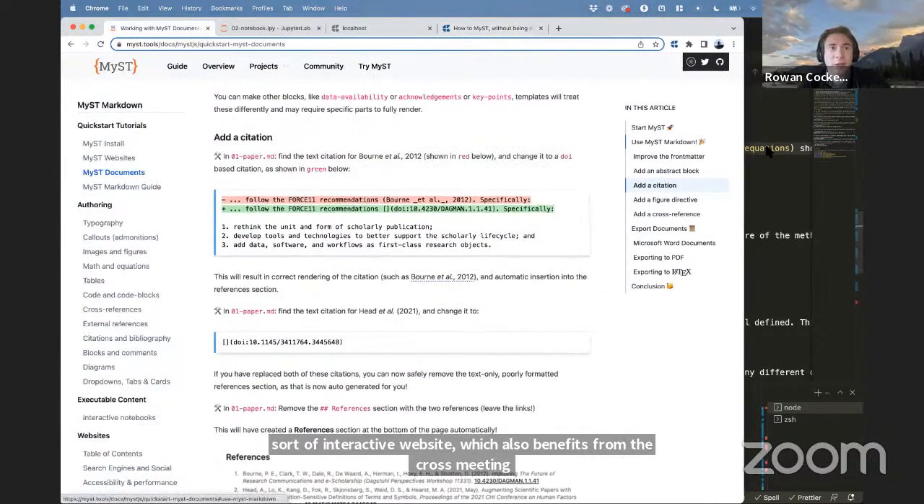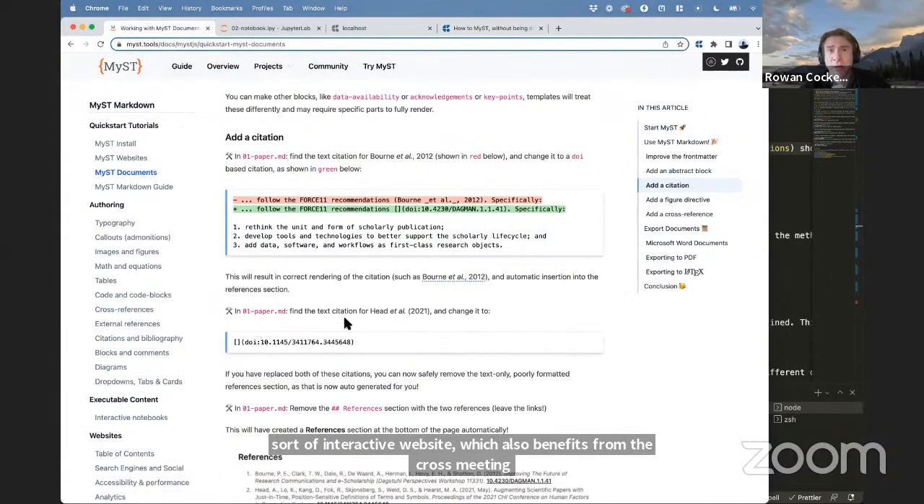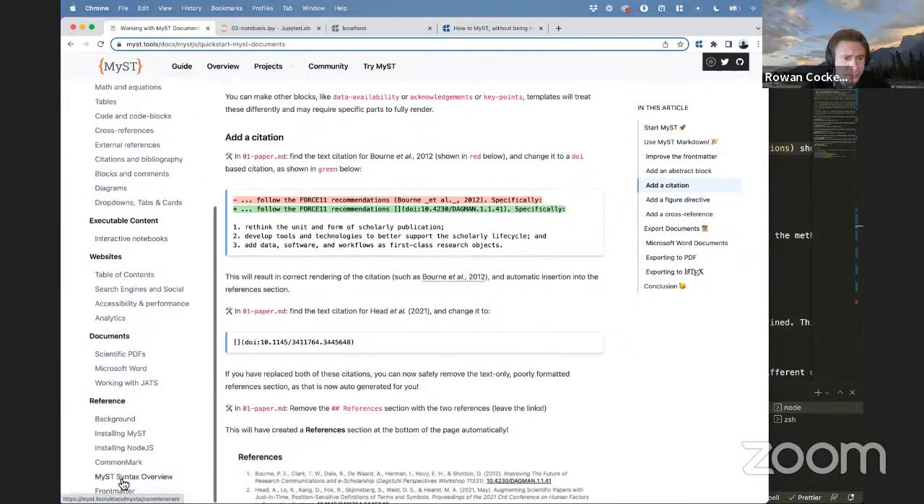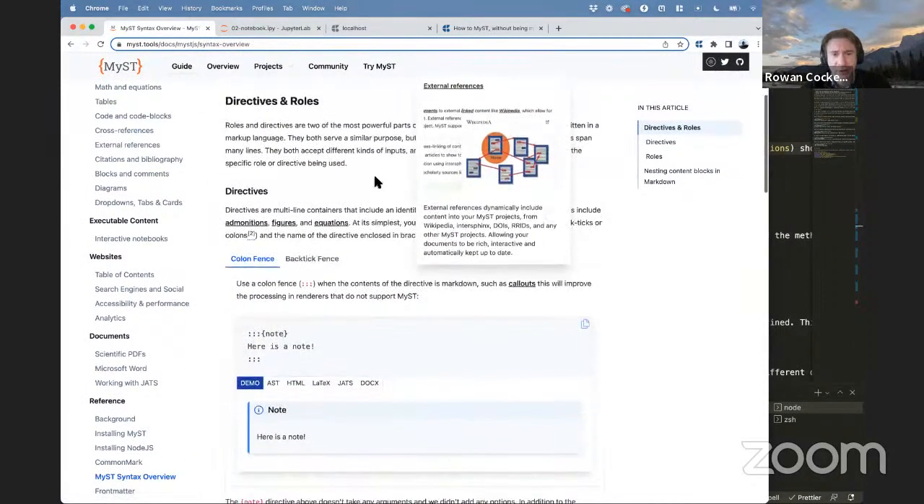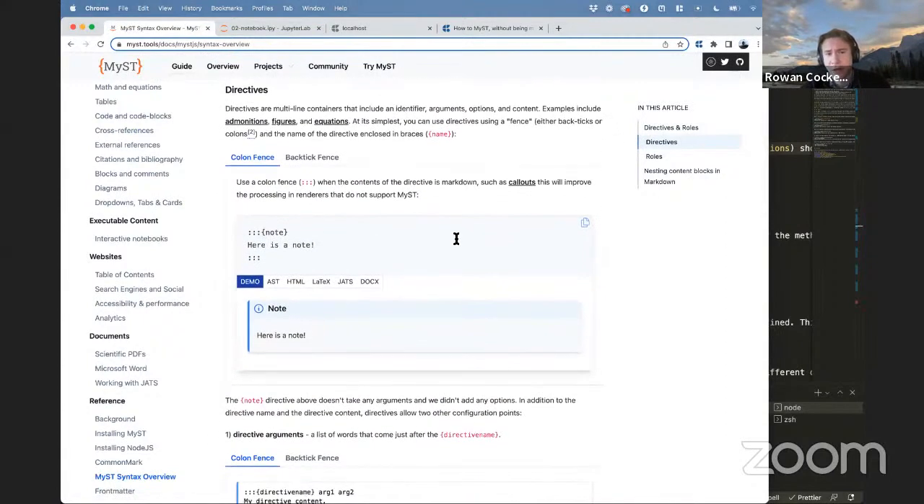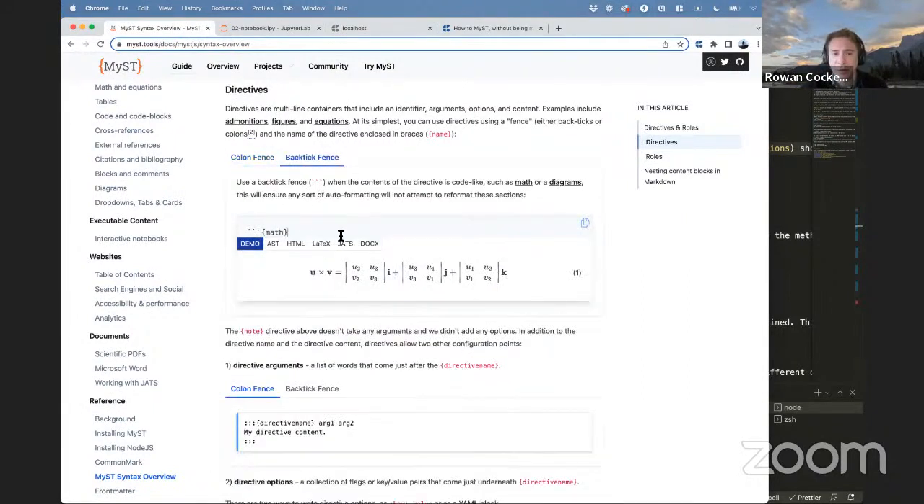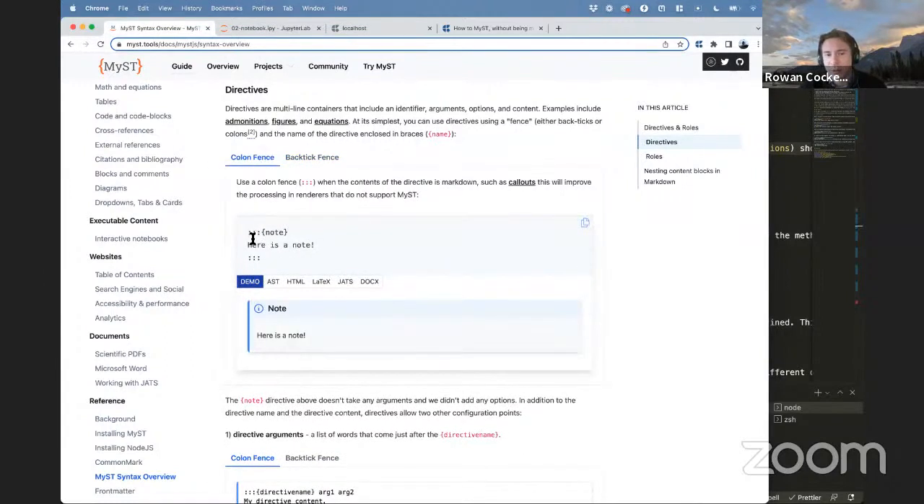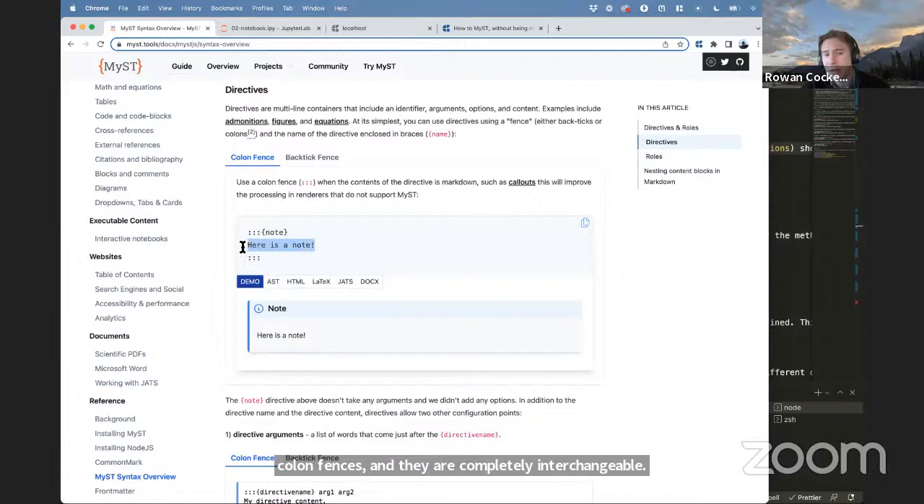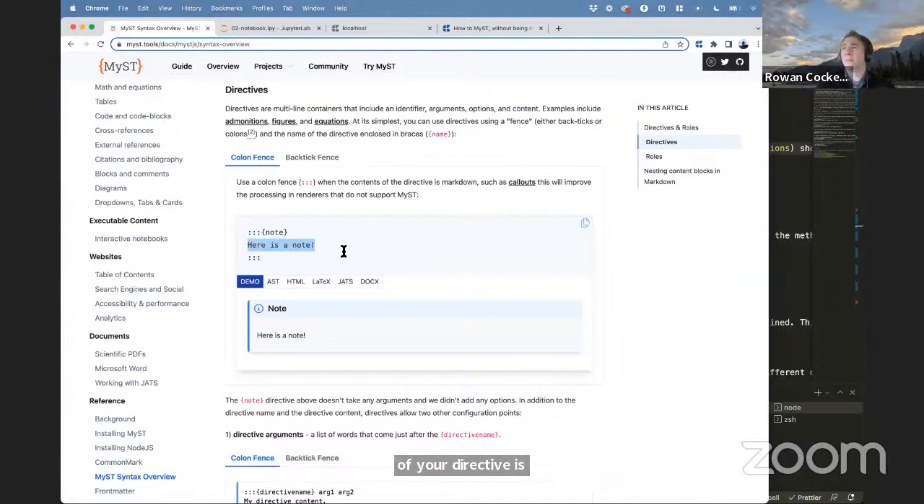Awesome. There was a question about the directive styles from Matthew. And in the syntax overview, there's 2 different ways to have these directive blocks laid out. And one of them is these backtick fences, and the other one are these colon fences, and they are completely interchangeable. The colon fences are slightly better if the main content of your directive is Markdown-like. And by better, that means in more renderers out there, things will render out to Markdown, and it'll be